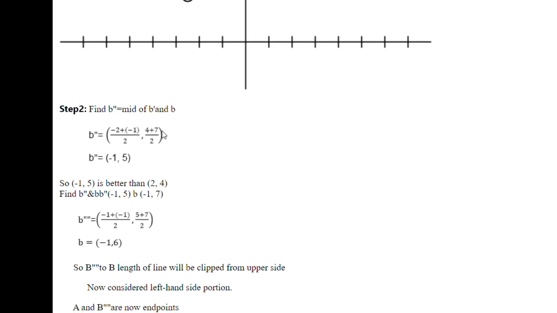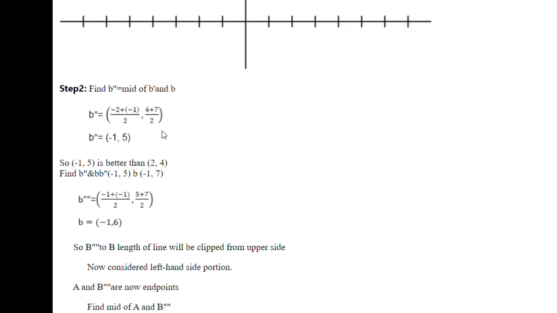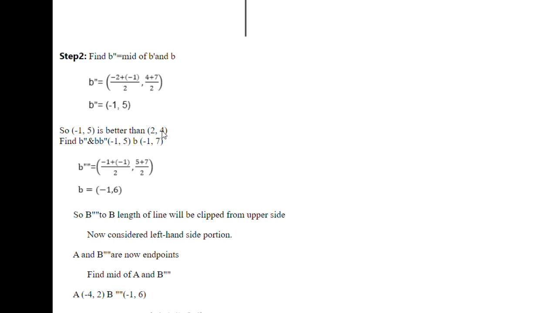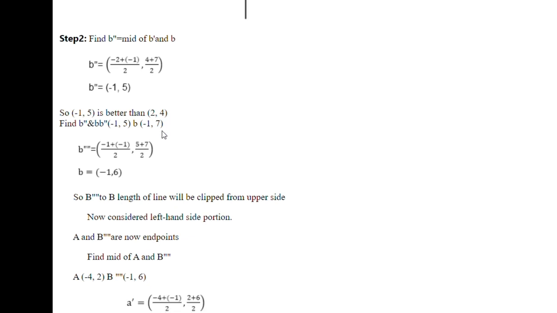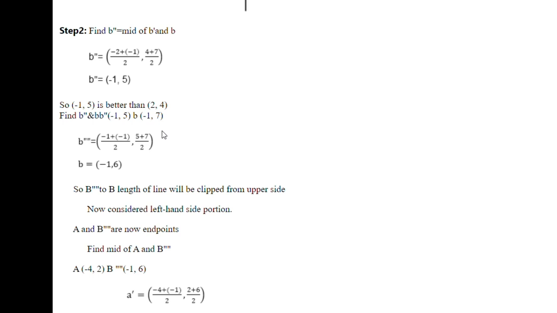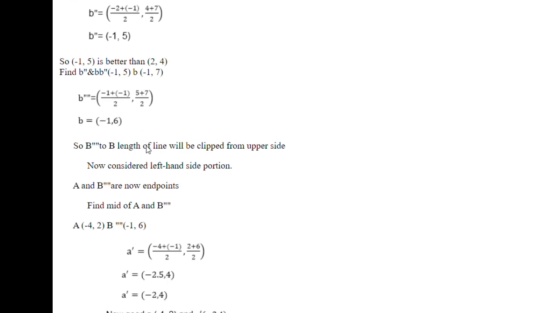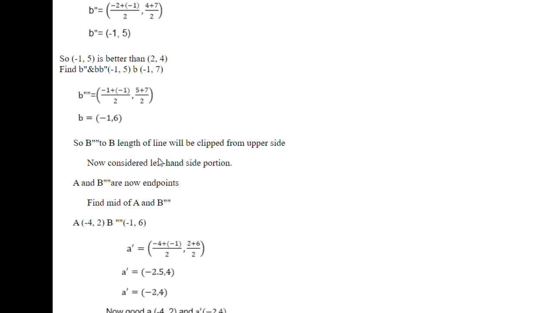of B dash. Our initial coordinate changes, but our last coordinate remains same. B point remains same, hence we again apply the midpoint theorem, and we get the B double dash equals to minus 1, minus 5. So still we have not got our line visible, hence we find the B double dash. That means again we apply the midpoint theorem, so we get the midpoint equals to minus 1, minus 6. So B double dash to B, the length of line will be clipped from upper side. Hence we can clearly state that